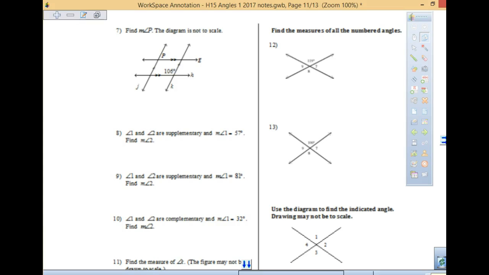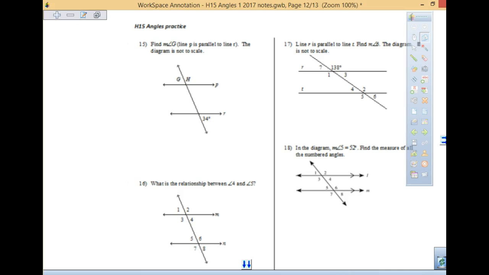The reason some of these assignments get really long, page-wise, is because of the pictures, right? I have to draw all these pictures, and each one takes a lot of space. They're not that hard of problems. Usually your 2 answers are either going to be like 138 and then 180 minus 38, right? So you're just going to find 2 numbers, and you should be able to see those relationships. I am going to